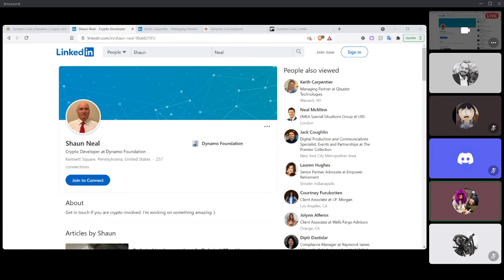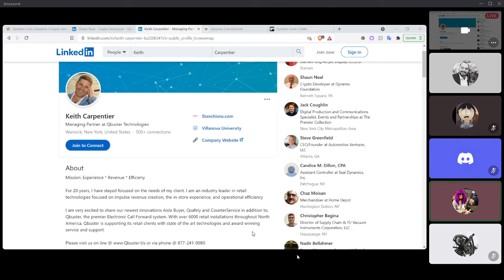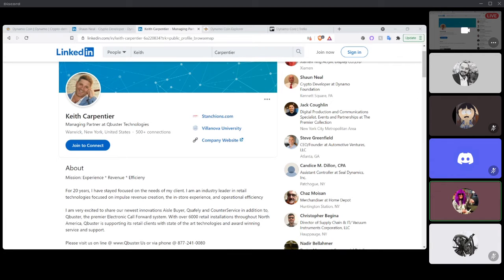So Keith and I have known each other for 10 years. Let's just say, right? Keith and I had both of our children in the same private school in Tuxedo, New York. We both have 4 children in private school, which is frankly a very large financial commitment, as you can imagine. And so we had known each other just as friends for a very long time, and about a year and a half or 2 years ago, we connected at a business level,